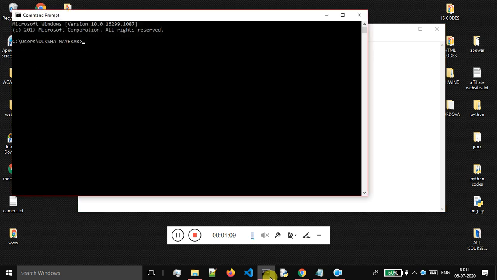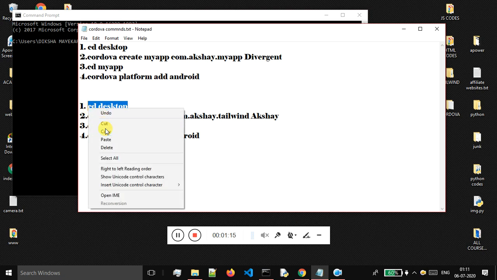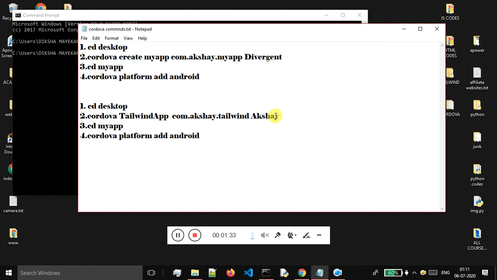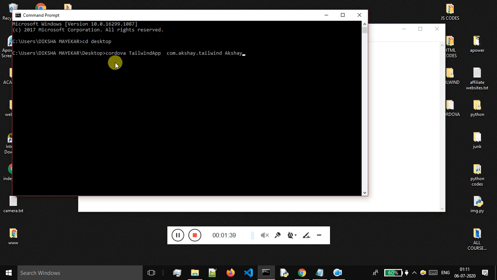So first of all, I'll go to the command prompt, and after going to the command prompt, I will copy this first command, and I will execute that first command. Okay, so after executing the cd desktop, now I have moved my terminal to the users Diksha Maker desktop. Now I will execute this next command. I will copy this, I'll come over here and paste it, and on the desktop now this Tailwind app directory will be created, and this is my reverse domain naming process, and this is the name of